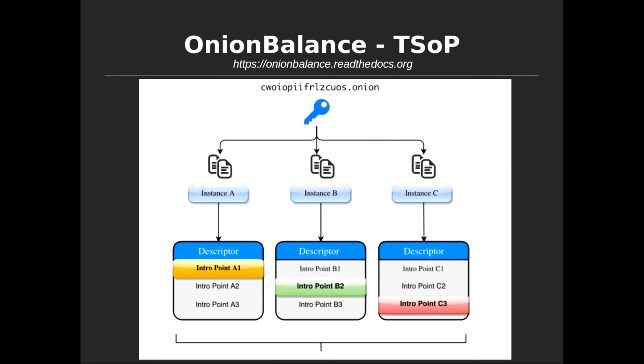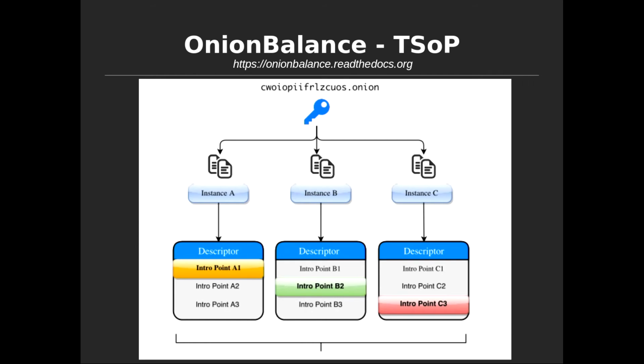Precisely. So one of the very cool things we did this summer was the Tor Summer of Privacy. We got some people in, which we can consider interns or students, whatever. And one of the projects that came out of this, from the cool person that is Donncha, was Onion Balance. It's a way of load balancing hidden services.